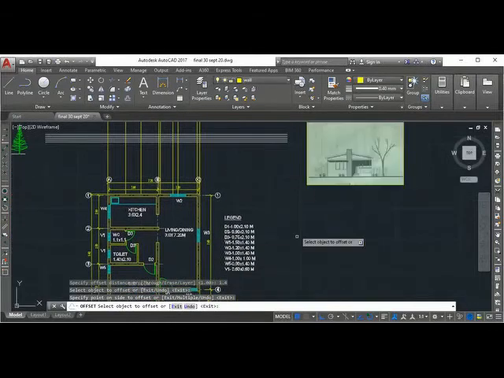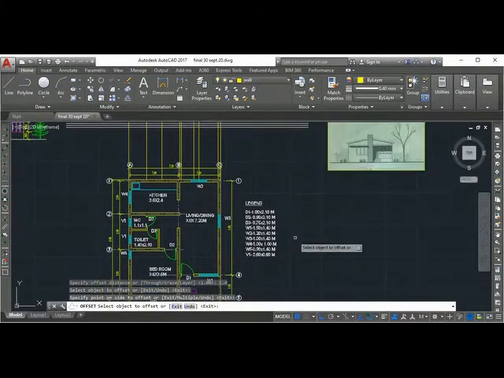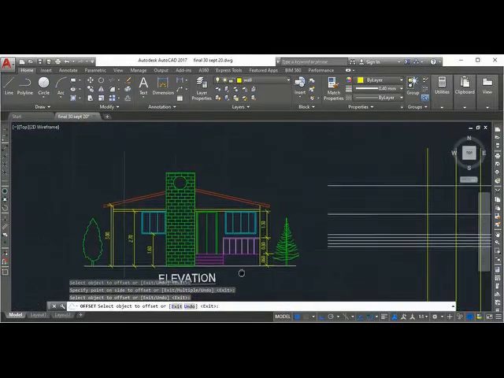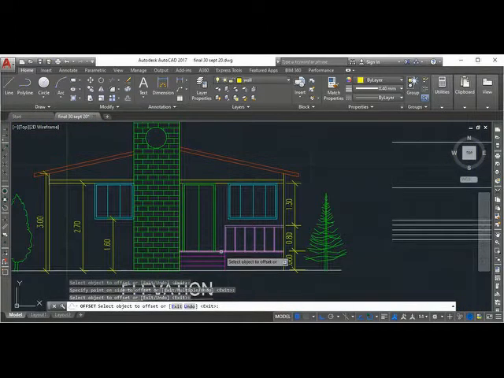I think there is some mistake there. Usually 2.1 is the top of the door, so all the windows and doors should be at the same height. You can see in the elevation, from here 2.1 and this window height is 1.4.